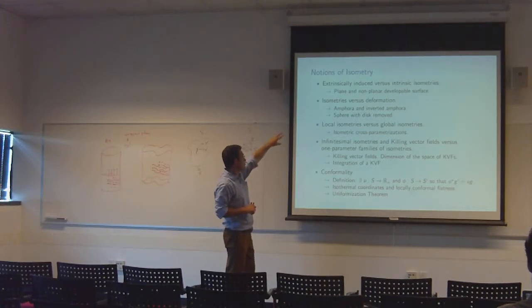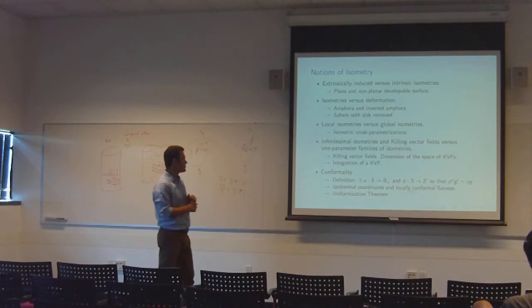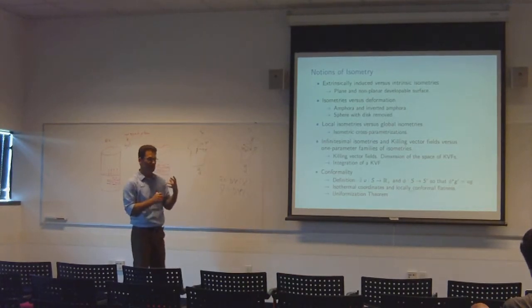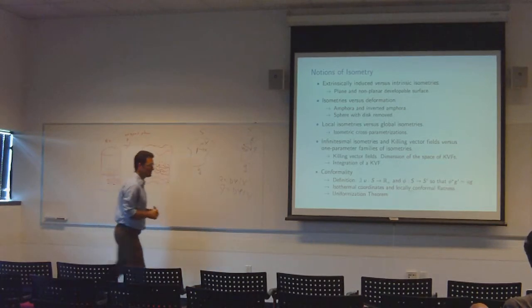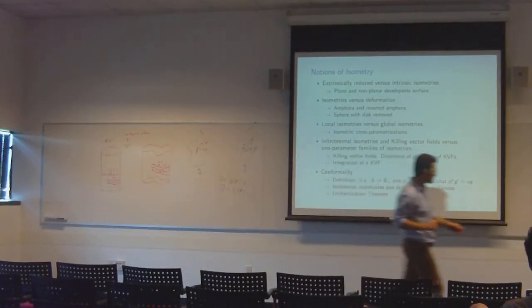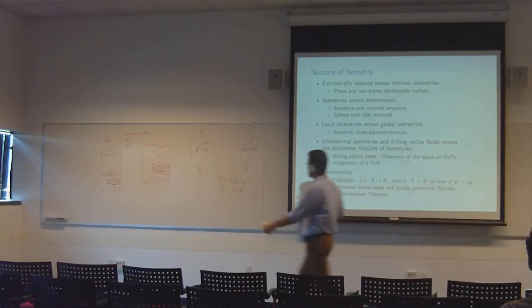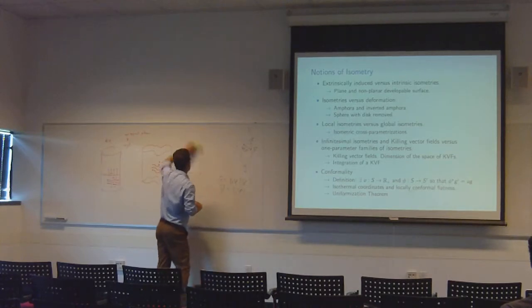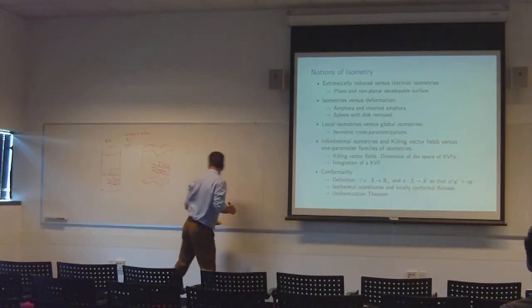You have another idea of isometry versus deformation. So you can have isometries which are sort of a large scale thing, like a reflection. You can have reflections which are discrete jumps, right? They're a big transformation of the surface. So for example, something like